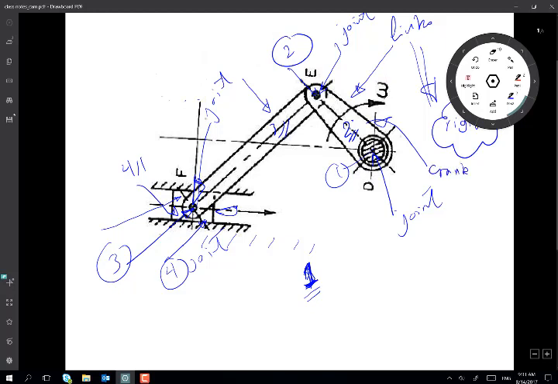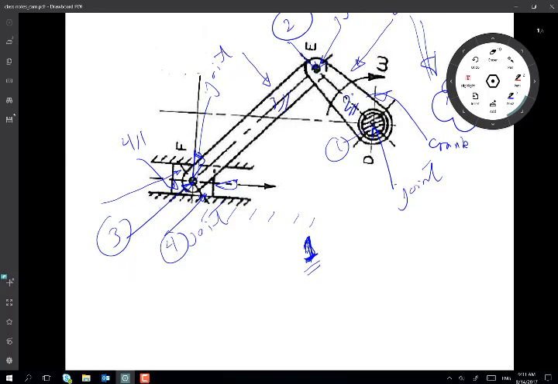And this will be, if you like, keyed to a shaft of a prime mover, which is an electric motor or an engine or whatever sort of thing. So this will be the crank. On one side I have a crank. On the other side I have a slider here, which can possibly be the output link of this linkage. So if I have force or a part of torque and motion coming